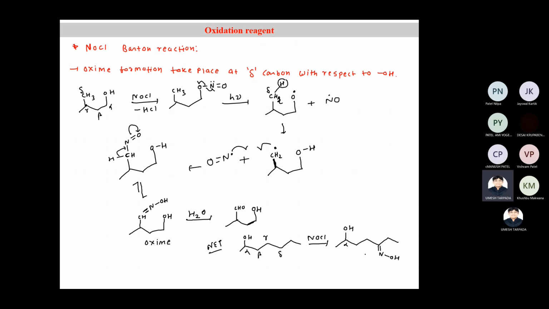Now after that, another very similar reagent. Another very important reagent is NaH, which is nothing but a base, a weak base, not a strong base. So this base abstracts the OH proton, phenolic or alcoholic. The OH proton is abstracted by this one. So one time in GATE exam, this type of question was asked.